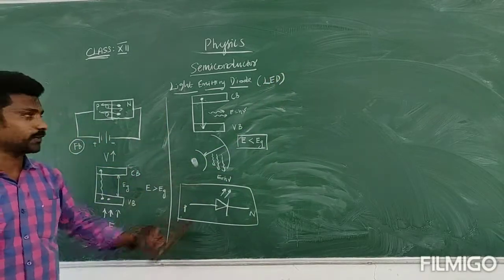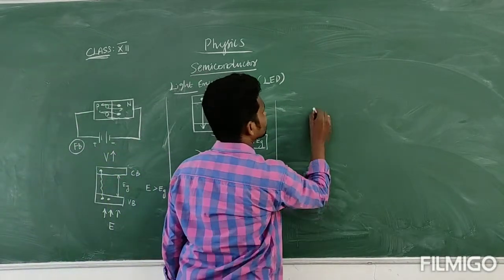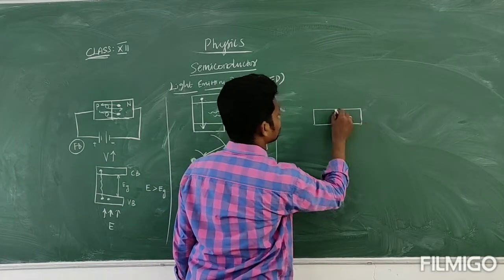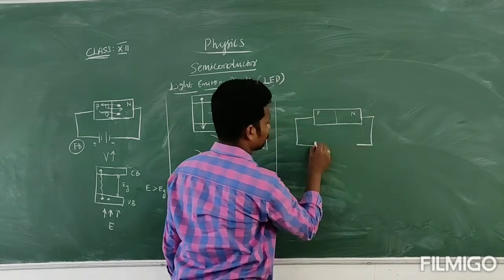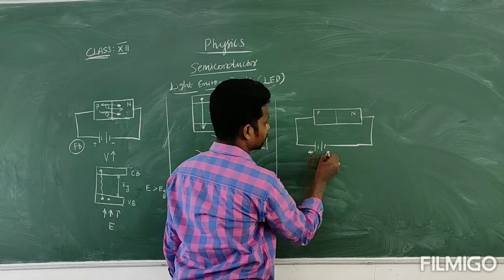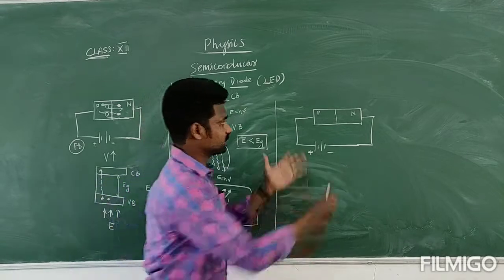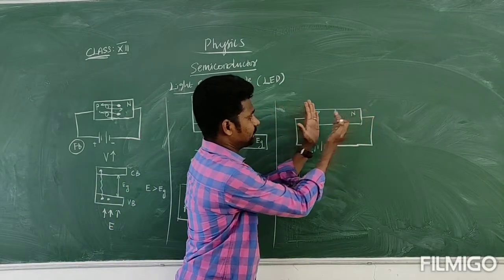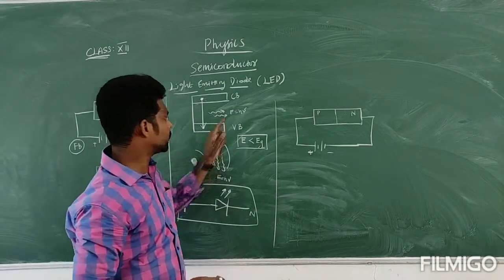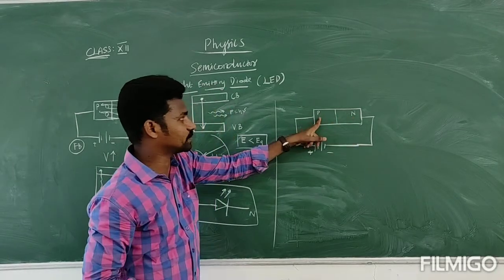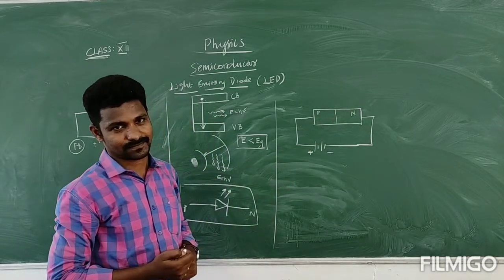Okay. So now I am going to explain that. Listen, it is the same diode only, but with a small alteration. Say for example, it is the P region, it is the N region. You can connect it with the forward bias. Usually in the forward bias the depletion region will minimize. Then in the forward bias, from the N side electrons will reach the P side, and the P side holes will reach the N side, the majority charge carriers.